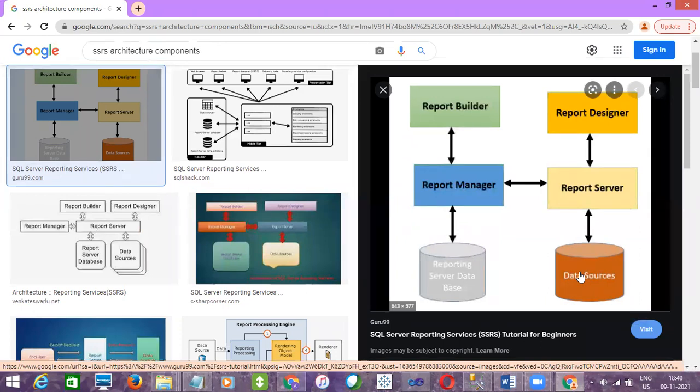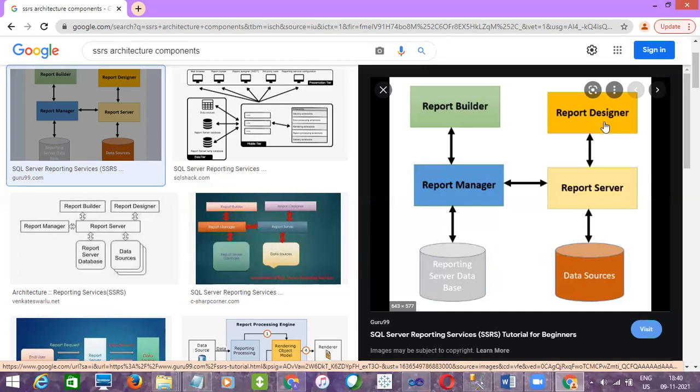You can see these two are vertical and these are horizontal to this one, right? Report builder is directly connected to report manager, and report server is also connected to report manager, right? All these three are linked to the report server, but these three are linking to the report manager.